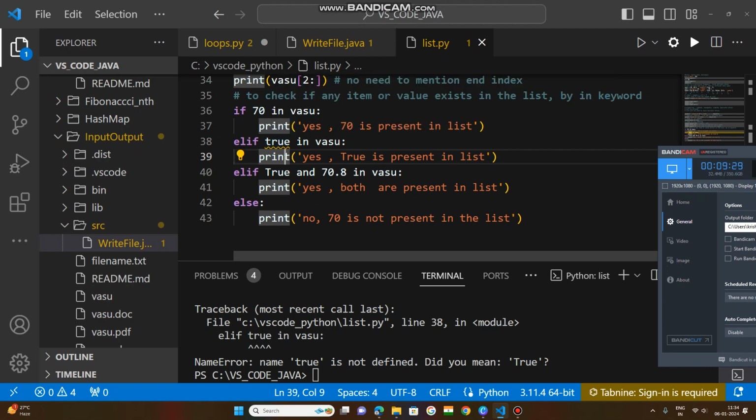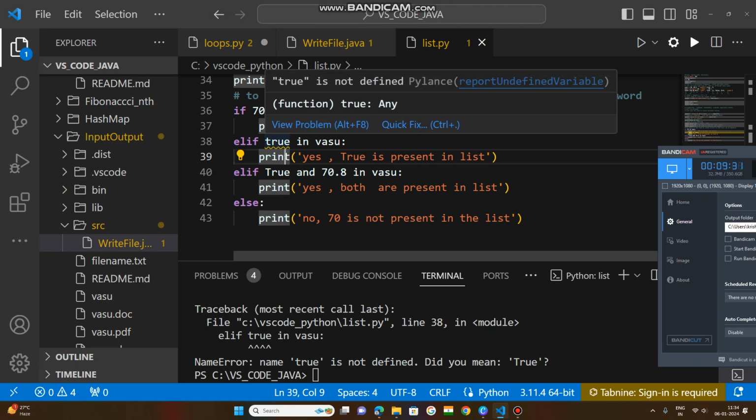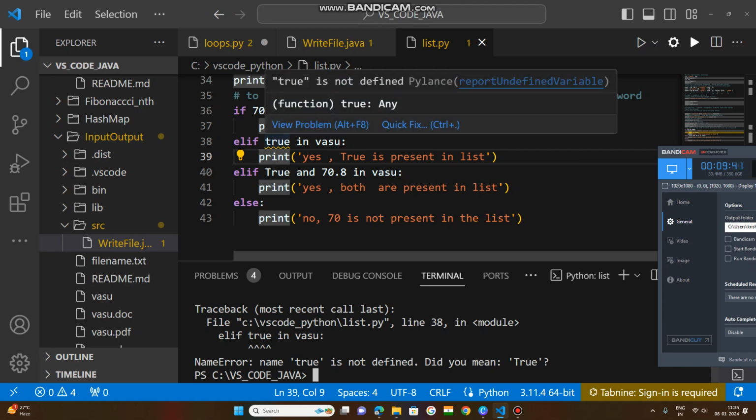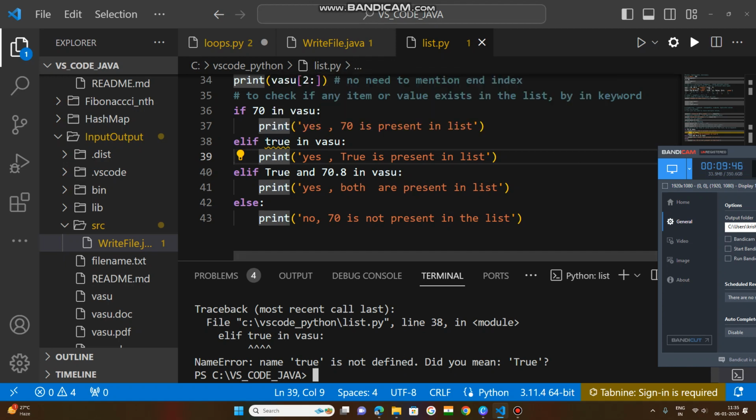Name error. Why? Because in Python, boolean is always declared with a capital letter. We have mentioned the boolean value true with a small letter, that's why the name error. So you make it False. The first statement is false, there is no 70, so you write elif 60 is